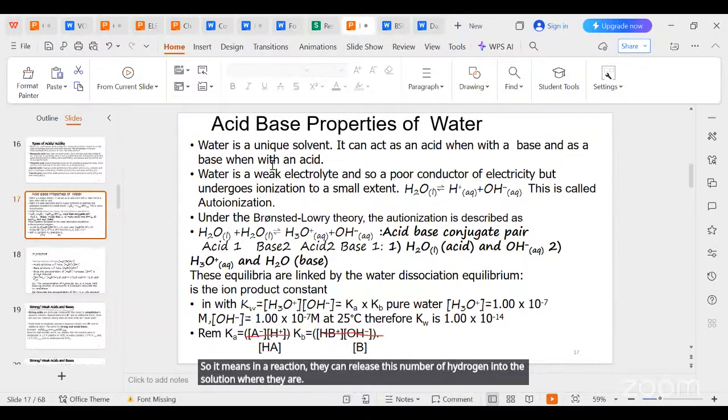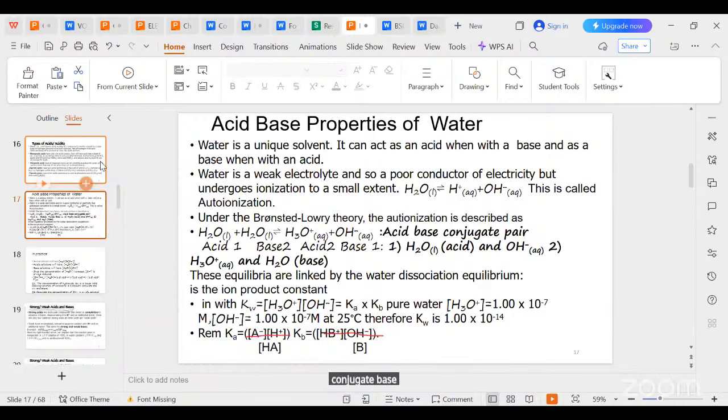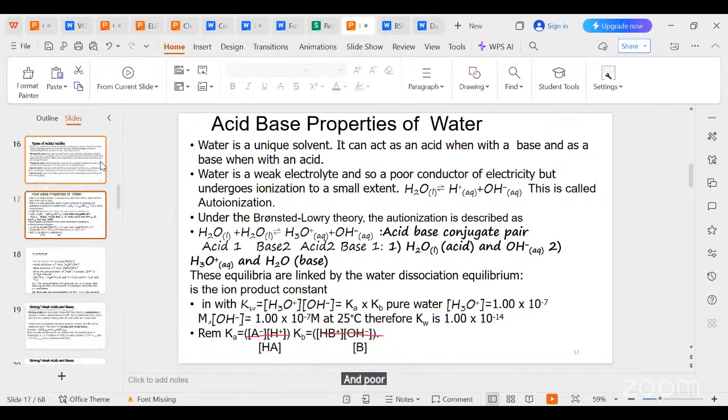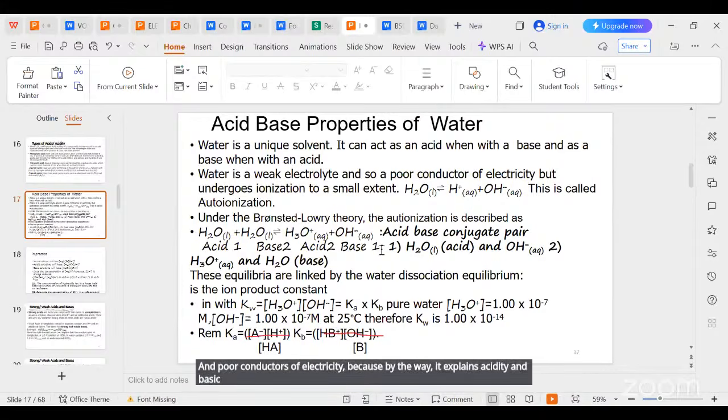We have weak acids and strong bases. So the Bronsted-Lowry theory helps us to be able to talk about conjugate acid, conjugate base, K of ionization, that's the equilibrium constant of ionization. It helps us to be able to talk about weak acids, weak bases, weak electrolytes, and poor conductors of electricity. Because by the way it explains acidity and basicity, we are able to account for some of these properties of